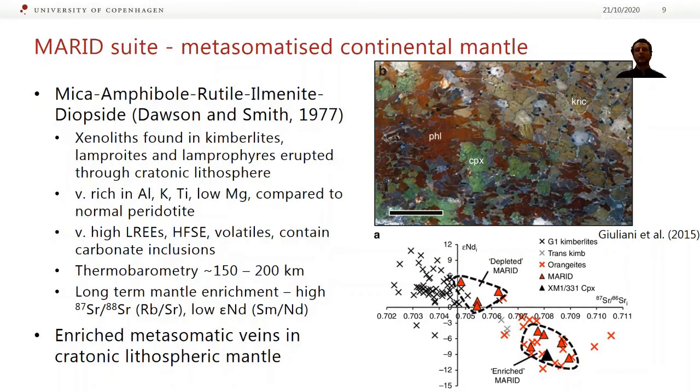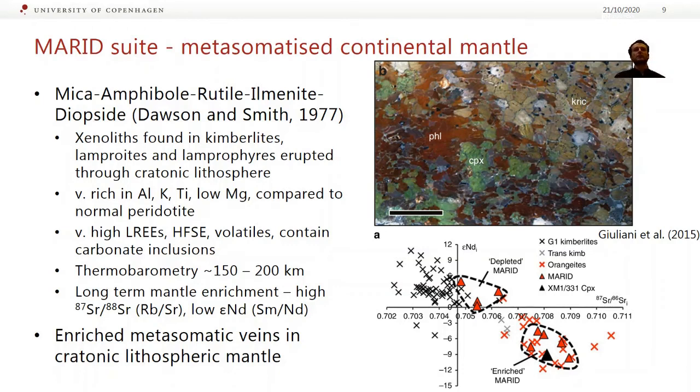And they're highly enriched in incompatible elements like the light rare earth elements, high field strength elements. They have a lot of volatiles, and some of them contain carbonate inclusions. Based on thermobarometry, we can see that these are forming at depths of about 150 to 200 kilometers, so they can be pretty deep. And isotopically, there are two main groups, but they range between so-called depleted MARID,